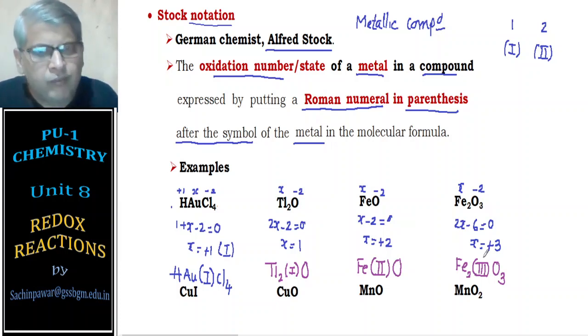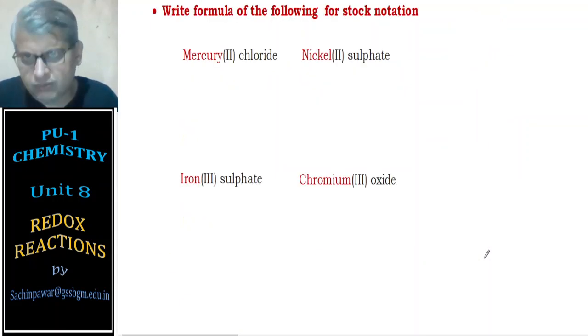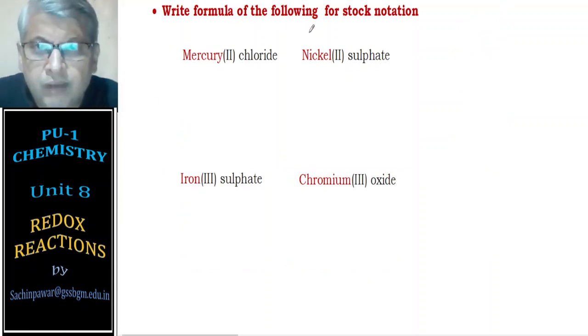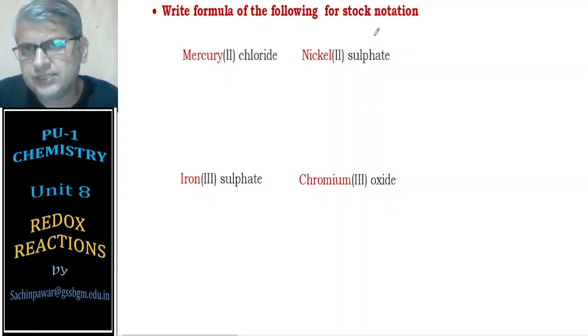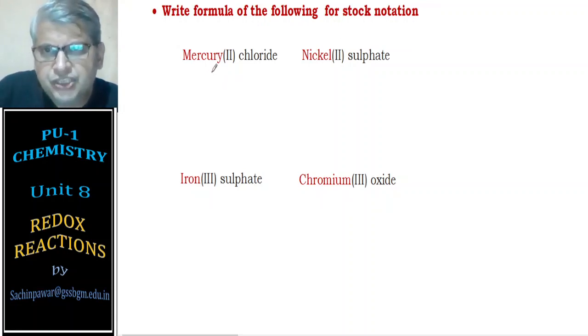Suppose we have the stock notation already, can we write the formula of that compound? A reverse. Let's see that also. Here it is there in the government book, the question. Write the formula of the following stock notations. So here we have stock notation, mercury. So this is Hg2